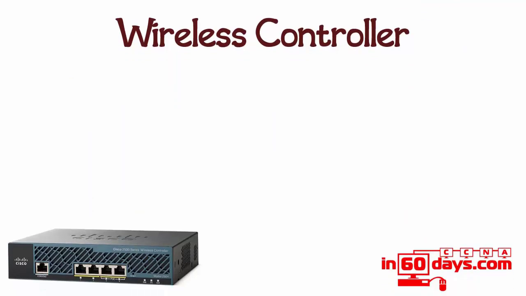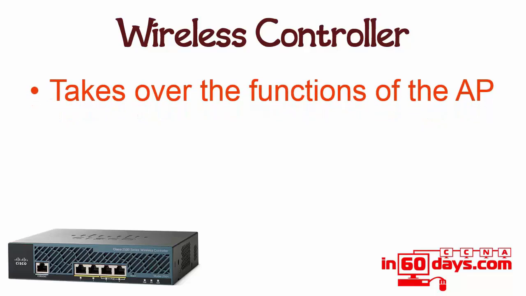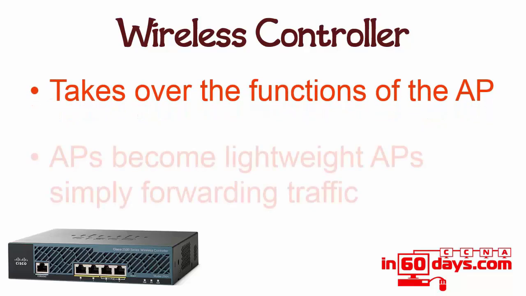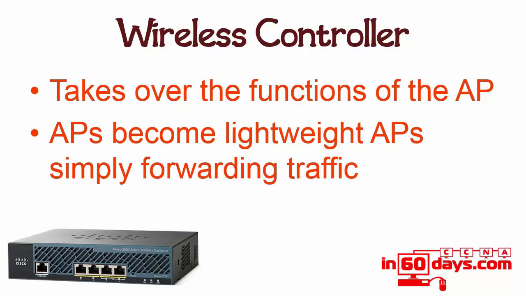Say for example you've got several access points, you're working in a factory somewhere and you need to connect to your nearest wireless access point. What they will do is simply provide access to your wireless controller where all your configuration has actually taken place. So this takes over the functions of the access point. At this point your access points become what's known as lightweight access points, LWAPs, and all they do is forward